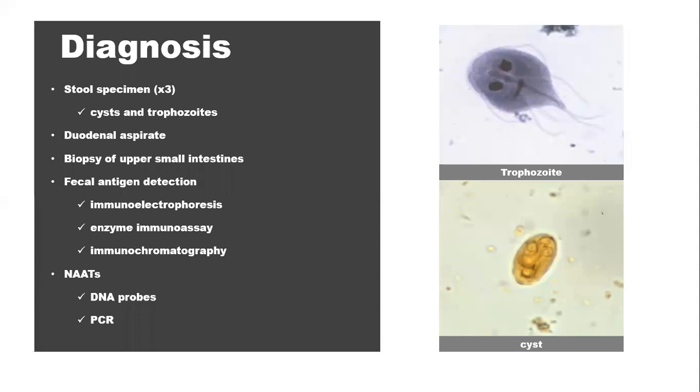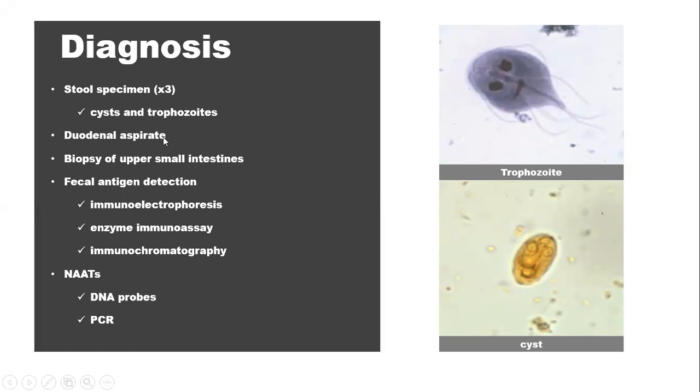How do you make a diagnosis? A stool specimen, in this case, will be a good sample to send to the lab. But note that you need to send in more than one sample because the cyst and the trophozoites are released intermittently into the stool sample. The characteristic trophozoite looks like a pear-shaped structure with pairs of flagella. The cyst has the appearance of an old man's face. Okay, so this is typical of Giardia lamblia.